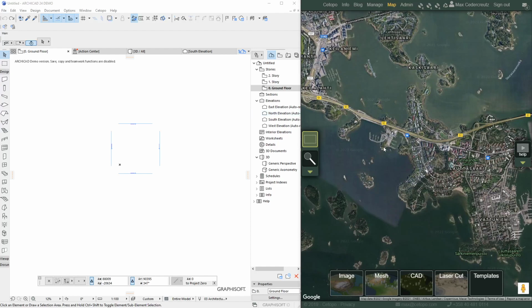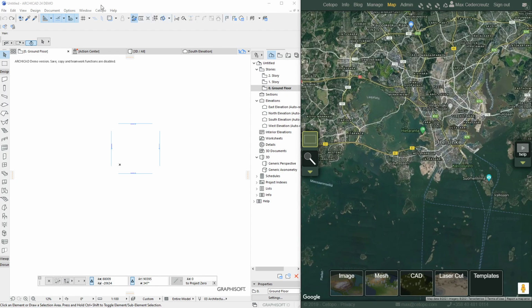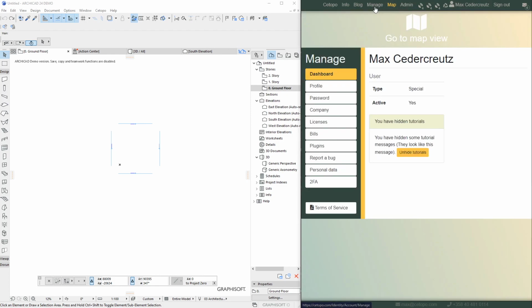Hello and welcome to this tutorial on how to use ArchiCAD with Cetopo. In order to best use ArchiCAD with Cetopo, or Cetopo with ArchiCAD, you need the plugin. To get the plugin, you click your name here or this Manage button, which will take you